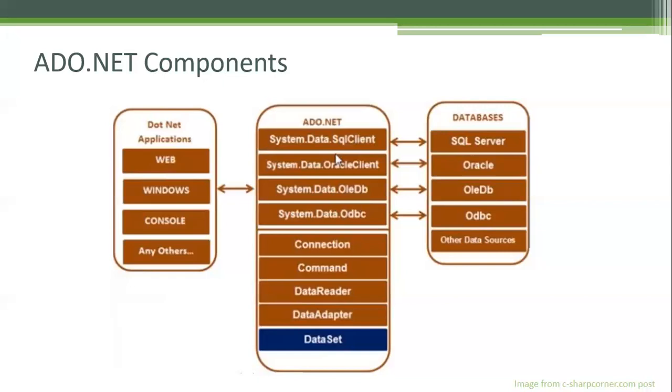Okay, so we have other classes like connection, command, data reader, data adapter, and data set. To establish the connection, we use the connection class or connection object. We use the command object to specify the kind of commands or queries we are going to execute. Data reader is used to read the data in a connection oriented manner. Data adapter and data set are used for the disconnected architecture. We can also use data reader along with data adapter, which again comes as a disconnected way.